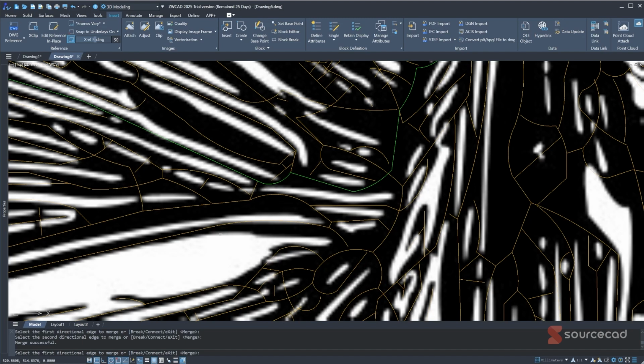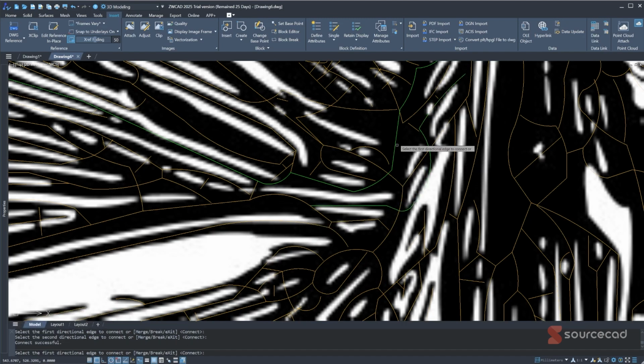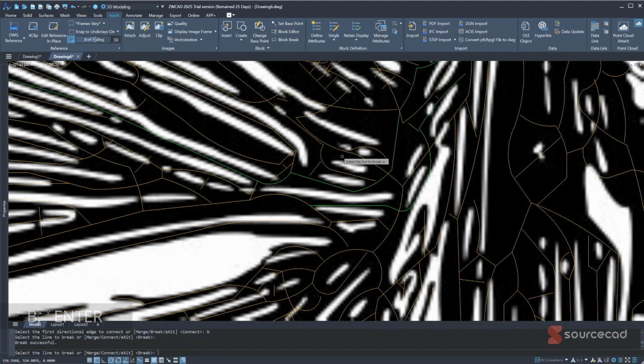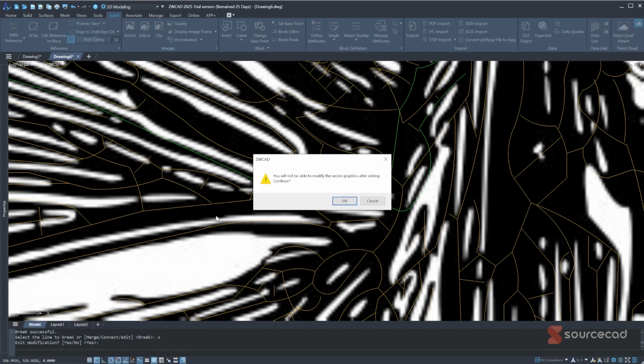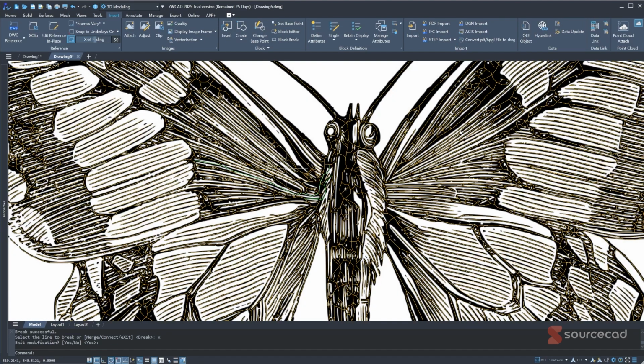Let's try connect mode. I'll type C enter for connect mode, and I'll connect this with this, and they're connected together. There's also break, B enter for that, and then I can break a particular line at the point that I click. And then finally X for exit, and it says exit modification again, so I'll say yes. And it says you will not be able to modify the vector graphics after exiting. Continue, okay. And I can zoom out,